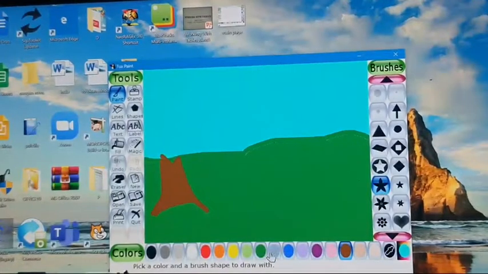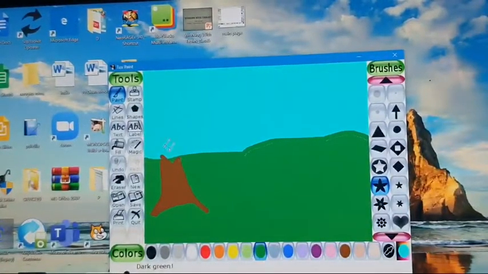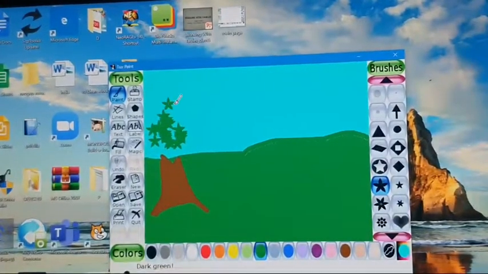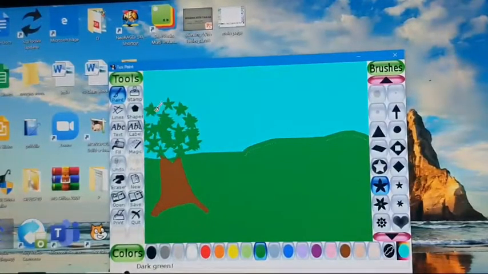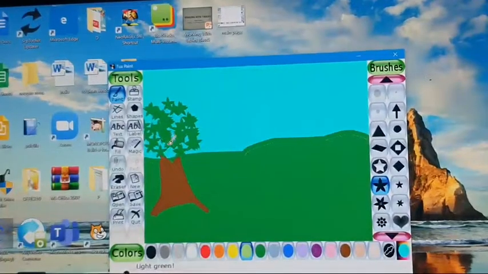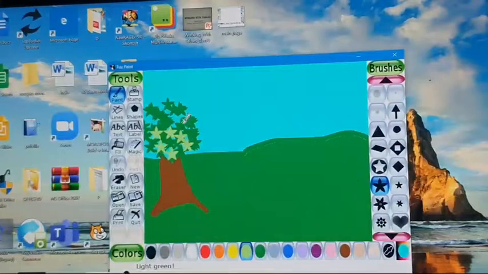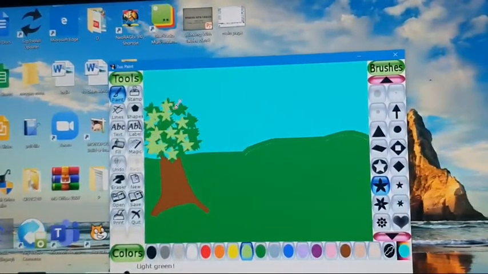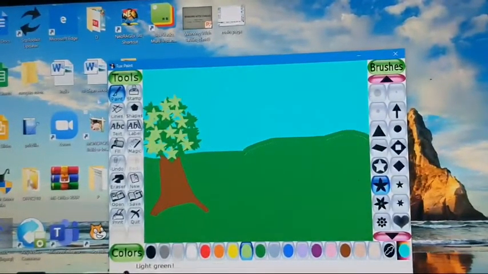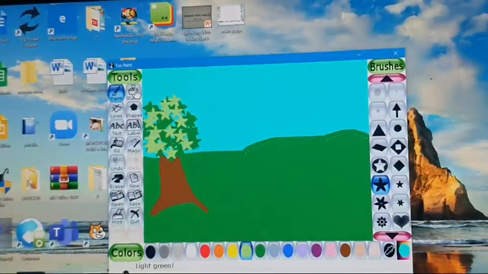I'm going to select these flowers of green color to make the tree. Now we can select light green color also to make the tree more beautiful. This is our tree.